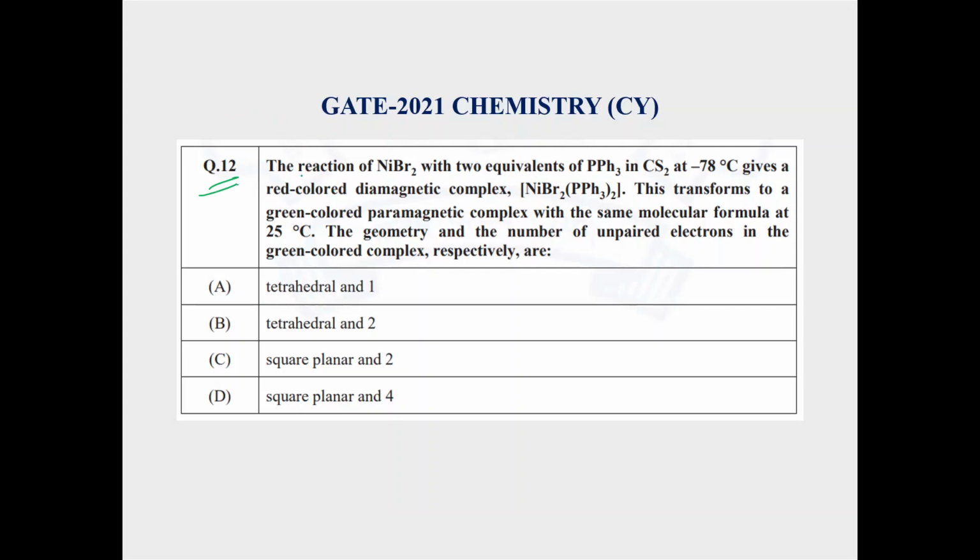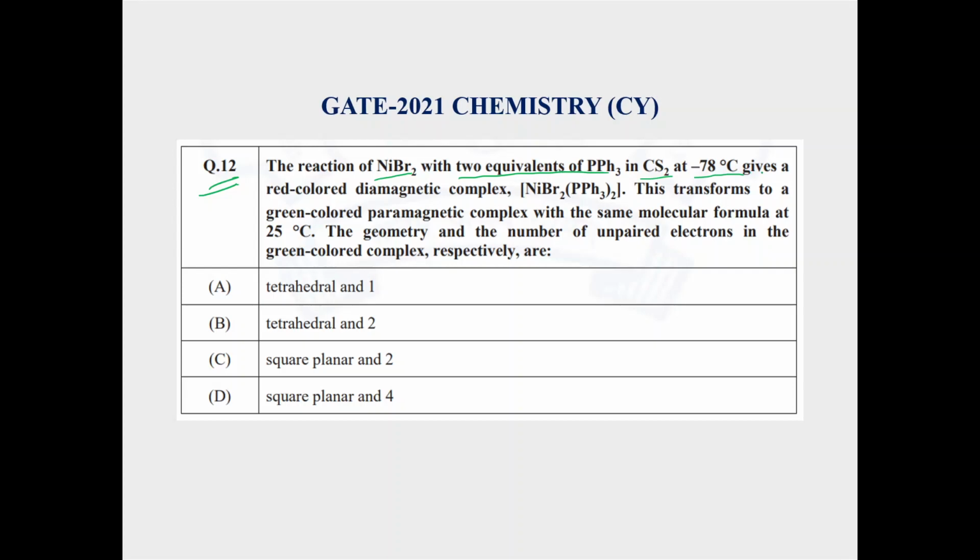I mainly solve questions from coordination chemistry, organometallics, and main group chemistry. So here the question is the reaction of NiBr2 with two equivalents of PPh3 in CH2Cl2